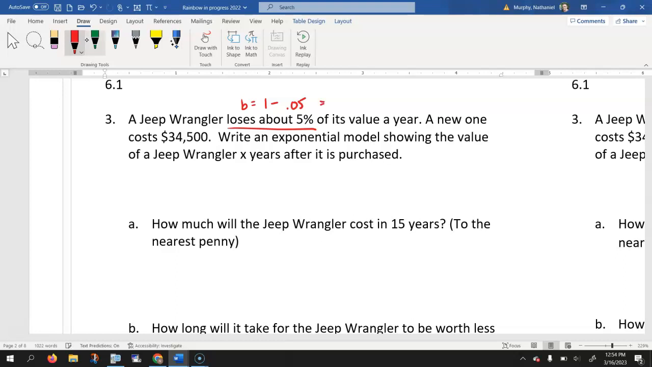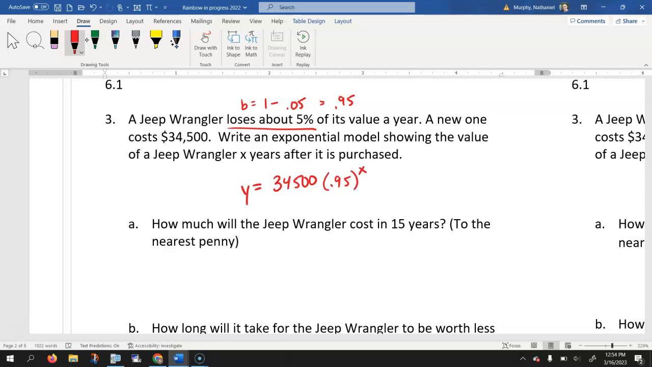So our b value, again, in our equation, y equals a times b to the x power, would be 0.95, not 0.05. So a new one costs $34,500, so that's our initial price. Write an exponential model showing the value of a Jeep Wrangler x years after it was purchased. So our equation would be y equals our initial value, 34,500, times our b value, which we talked about a second ago, is 0.95, and our x represents our